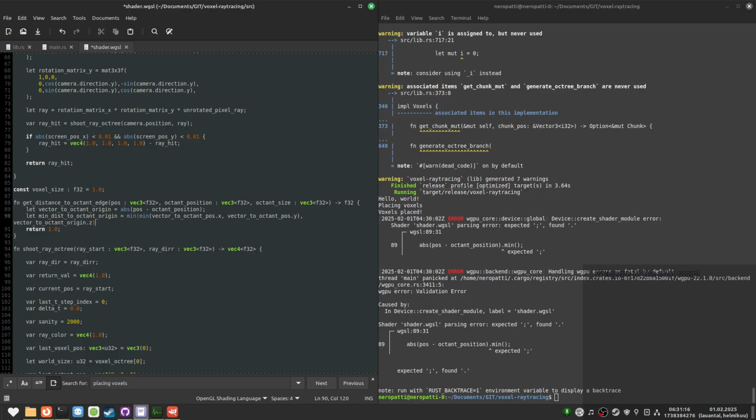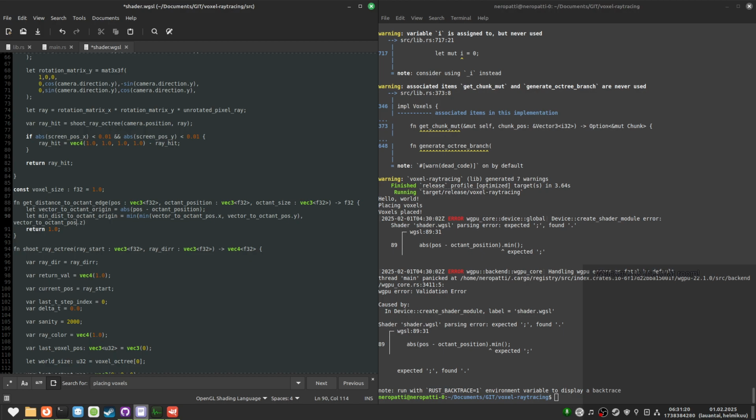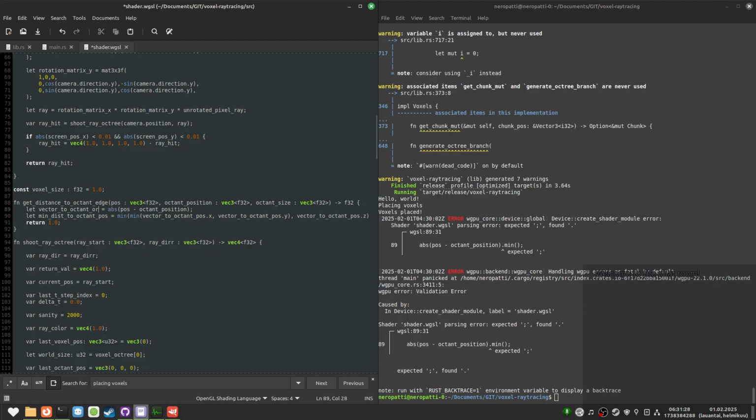Hopefully this fits on one line. Ah, barely not. Oh well, I'll change this as well. There we go. Now it fits within one line. Okay, we even have one character of free space.